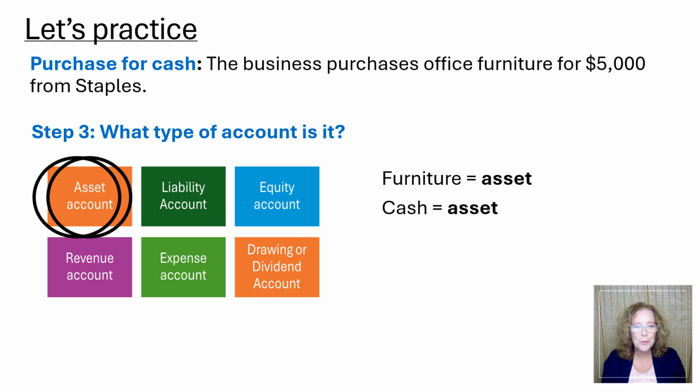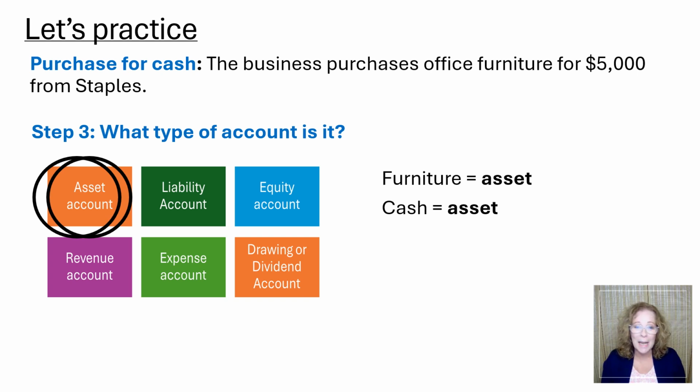Yes, furniture is an asset. Why an asset and not an expense? Furniture benefits the business over multiple years, and instead of recording an expense when we purchase the furniture, we record the amount initially as an asset and then slowly, over a period of a few years, move the amount from the asset account to the expense account. We call that process depreciation. But back to our transaction example.